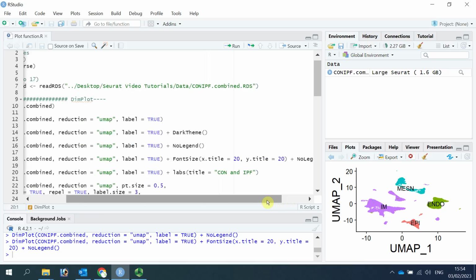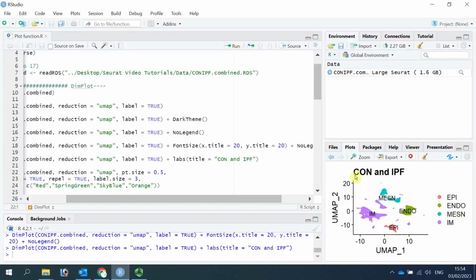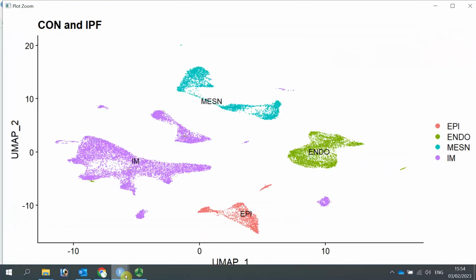You can also add a title on top of the figure. We can use the feature labels title. Here I put the title as Control and IPF. Let's run. You can see now we have a title on the top of the figure. We can zoom in. You can see the title is here.